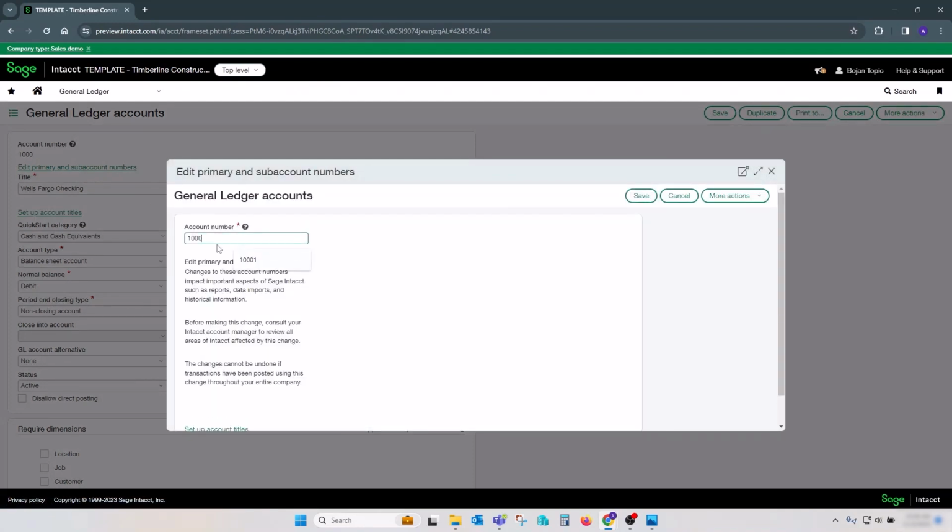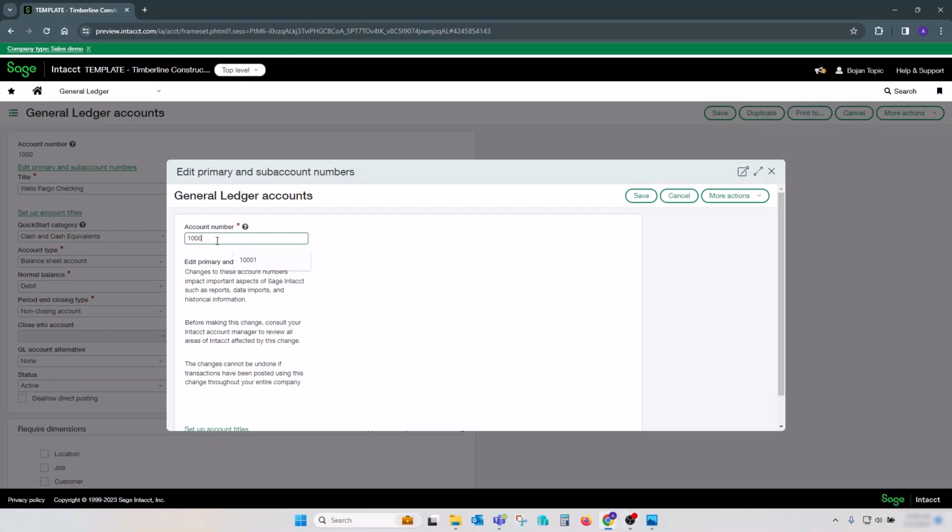In my case, I did not increase the size of the field, but should I have done that in the step before, I would be able to enter those additional values here, additional characters to that GL account. So basically, as mentioned before, your record ID, which is behind the scenes, remains the same, but the mask for the account number would be changed now by increasing numbers to whatever number you have set up in the previous steps.